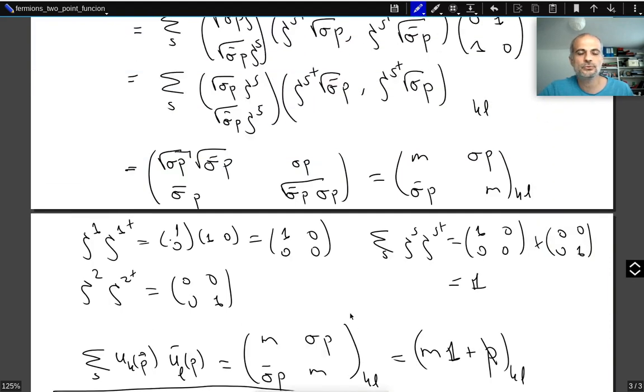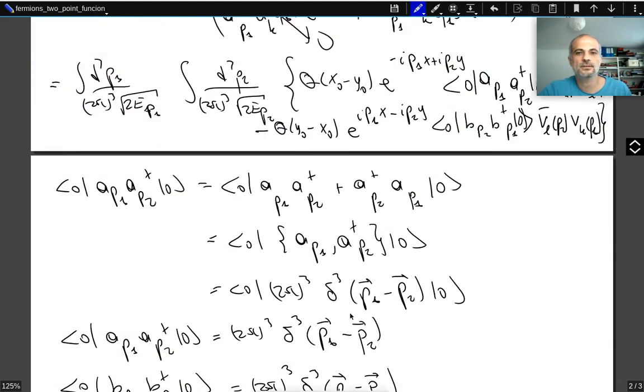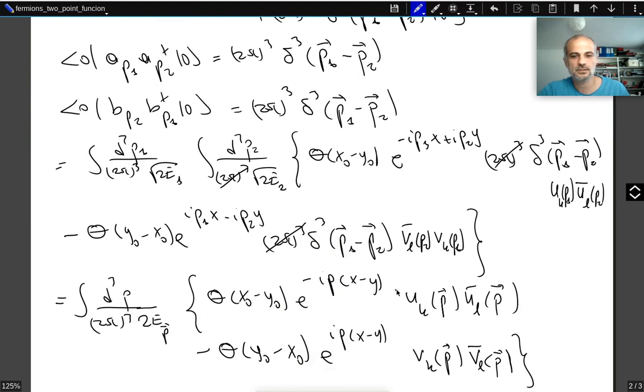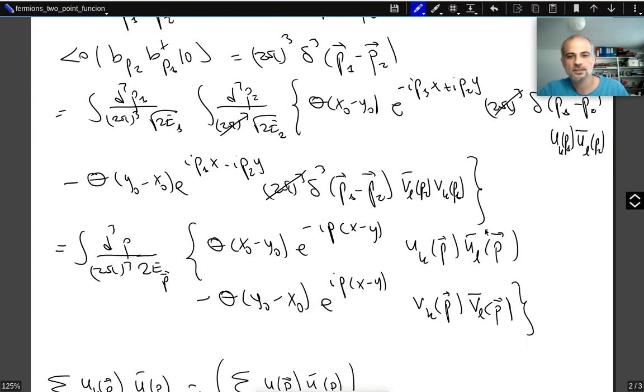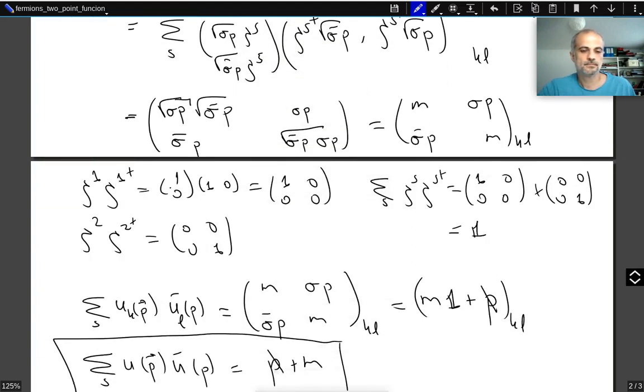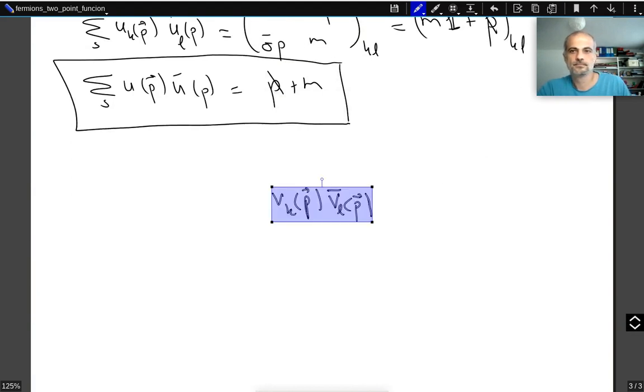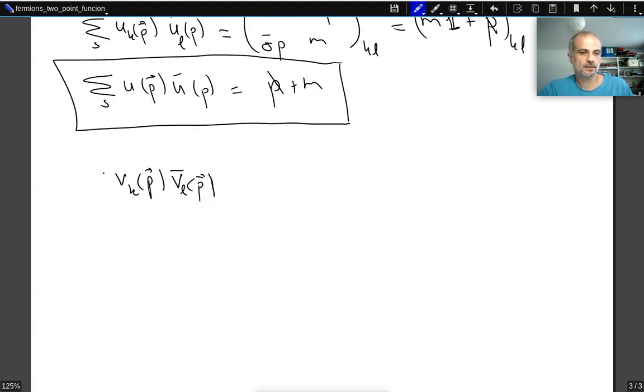Now we need to do the same thing for the other matrix element. You see here we have calculated this one. This is P slash plus M, the KL element. Let's calculate this one also. And there is also a summation over the S. So this will be equal to